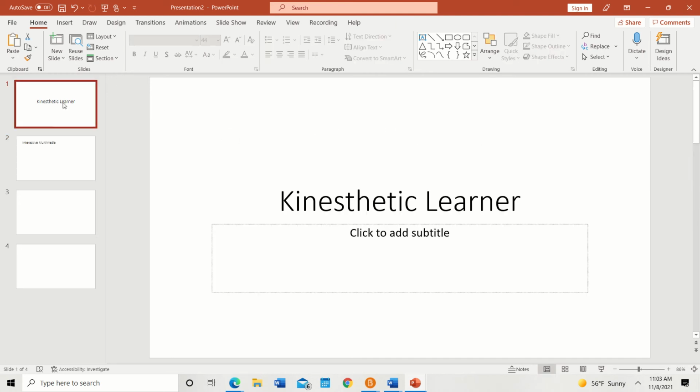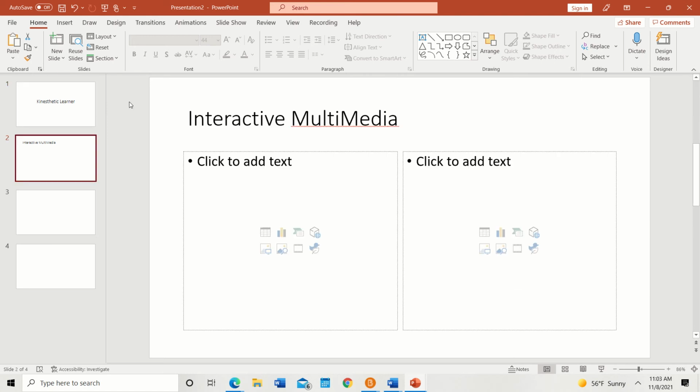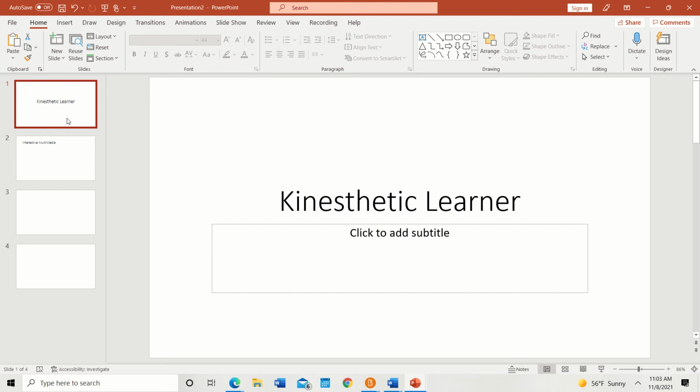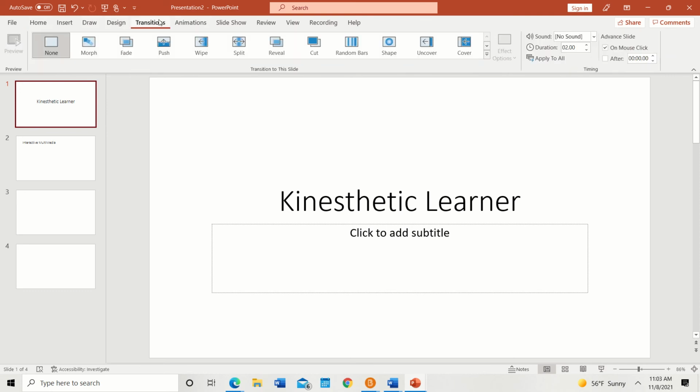Just so we can see the difference between our slides since they're blank right now. If I want to add a transition from my title slide into my second slide that's coming up here, I want to click on my first slide and select it over on the left-hand side. I'm going to locate my Transitions tab, which can be found at the top with the rest of my tabs on PowerPoint. I'm going to click Transitions, which is located right next to the Design tab, and this will open